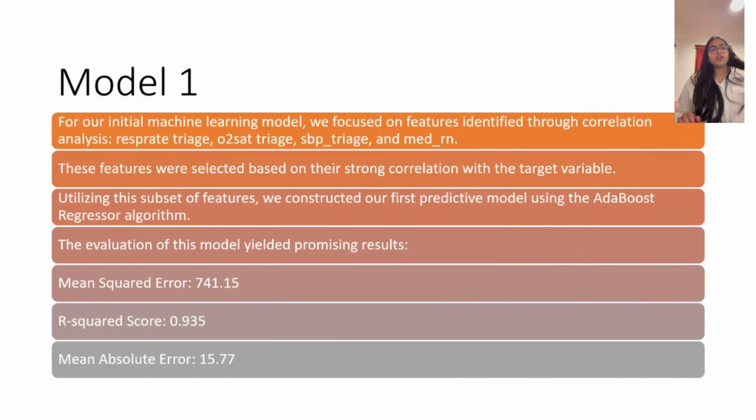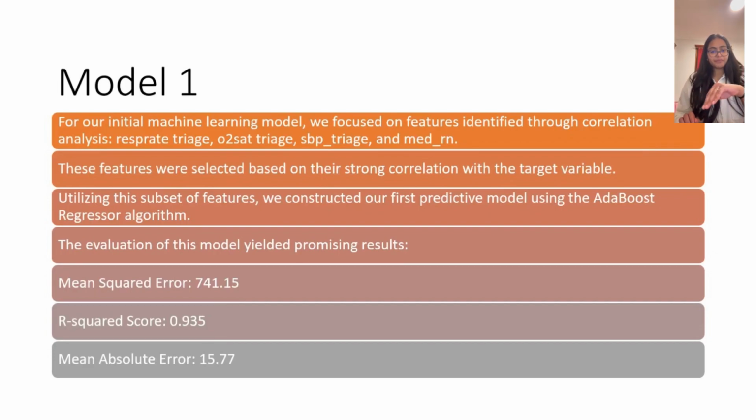So from the first model we built, where we took the four features from the correlation matrix, we got the mean squared error as 741, the R square as 93, and the mean absolute error as 15.77. Which was not too bad, because it just shows that there's around a 15-minute deviation between the predicted and the